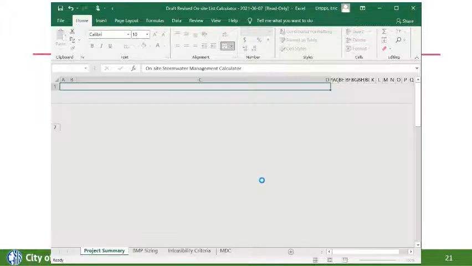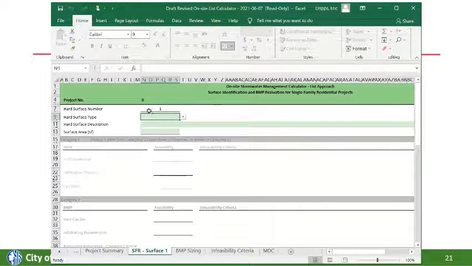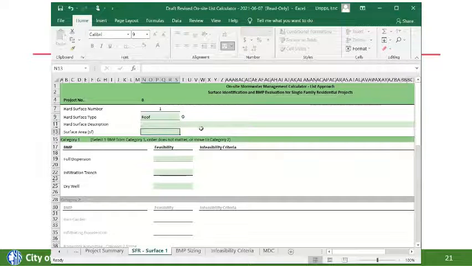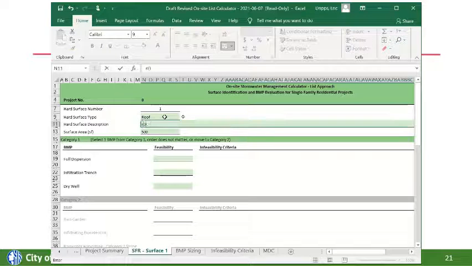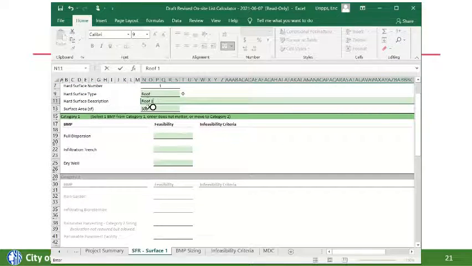And once you hit enter, it's going to automatically create your surface tab for that surface. When you've created that tab, you'll go over to the tab at the bottom for surface 1. Select whether it's a roof area, enter the surface area, enter a description, and then you're going to go down to the bottom portion, which will lead you through the list approach to select the BMP that you're going to